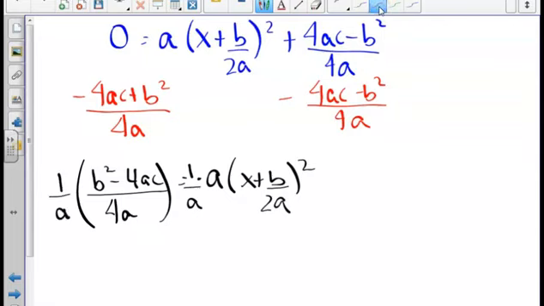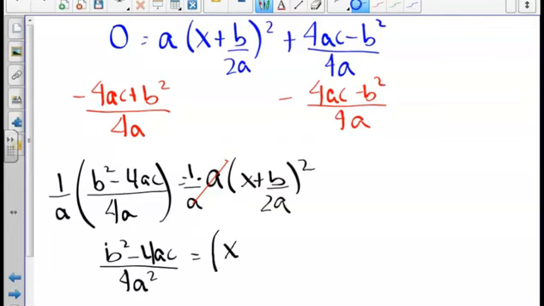That would cancel out these a's, so we would be left with b squared minus 4ac all over 4a squared would be equal to the quantity x plus b divided by 2a